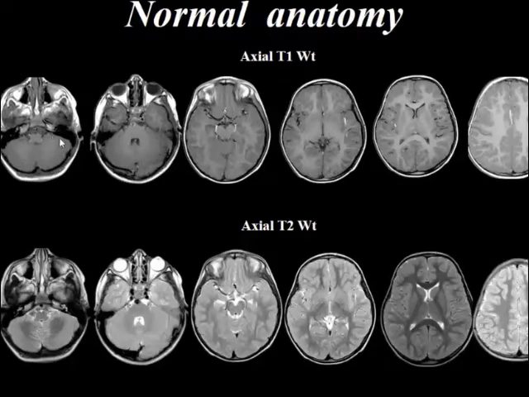So this is the right and left cerebellar hemisphere, and then you have the medulla in the middle. This section shows the fourth ventricle in the midline. Anterior to that is the pons. One cut above shows you a heart-shaped structure. This is the cerebral peduncle on the right, cerebral peduncle on the left, right-sided tectum, left-sided tectum.